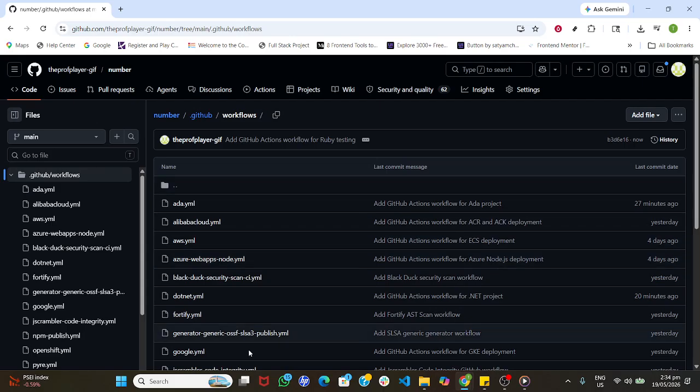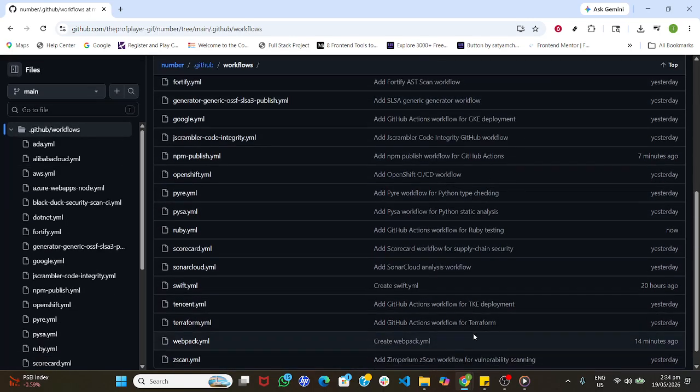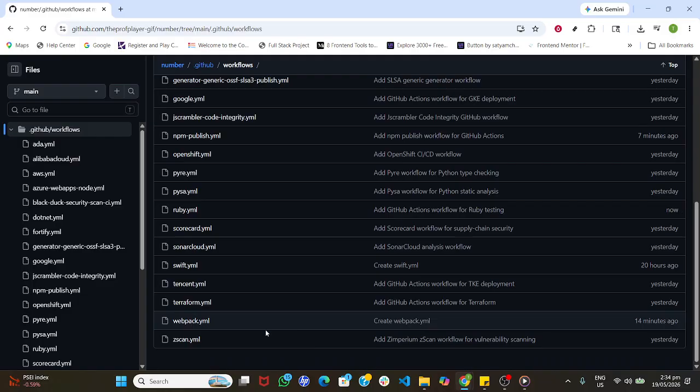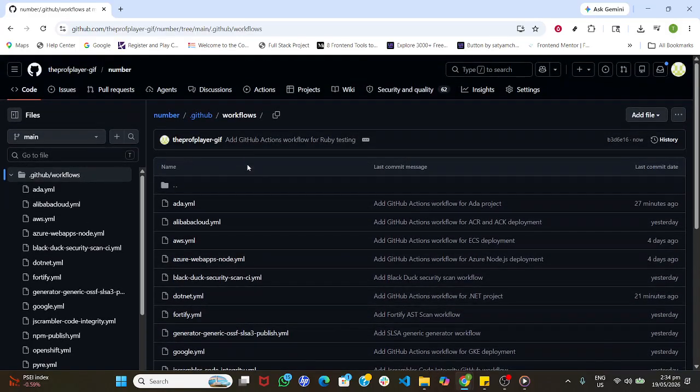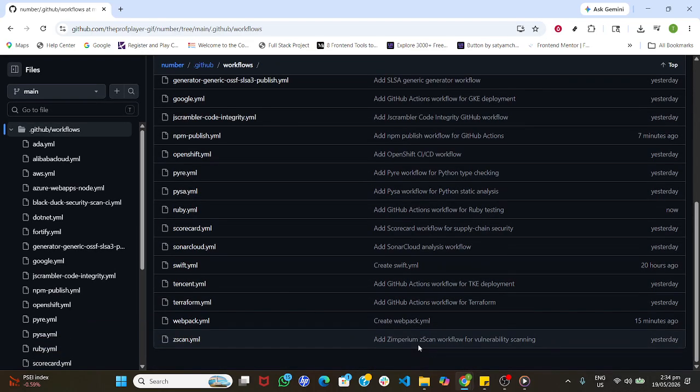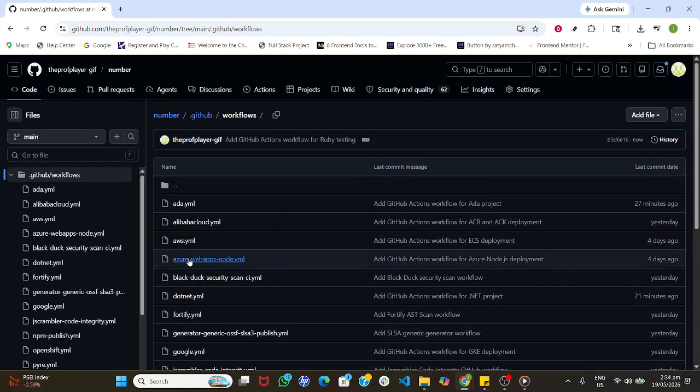Ensure your Rake file includes a test task. Many projects alias this to spec or test, so the Rake command exits with the correct status. If you rely on additional services or environment variables, you can expand the workflow later with service containers or secrets. That's it. You've used GitHub's template to build